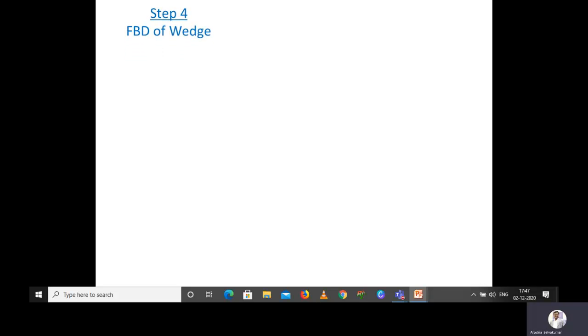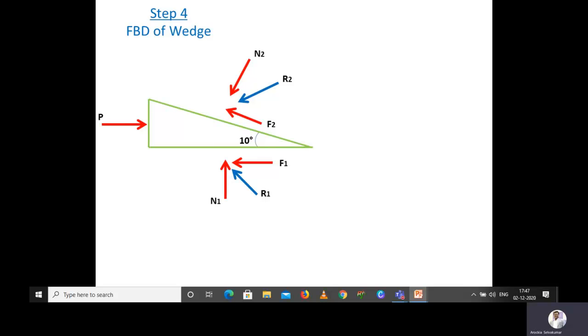So now we are going to step 4, that is the free body diagram of the wedge. Here we are going to calculate only 3 forces, that is the minimum horizontal force P, a single resultant R1, and a single resultant R2. As before, we are going to draw the XY plane. We know that we have a minimum horizontal force and a single resultant